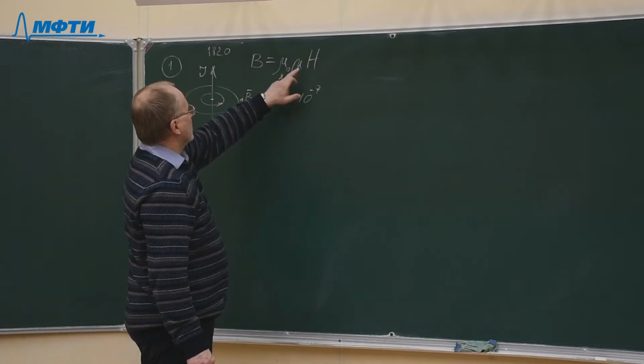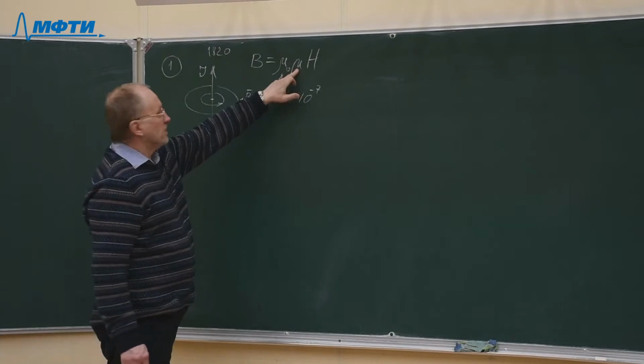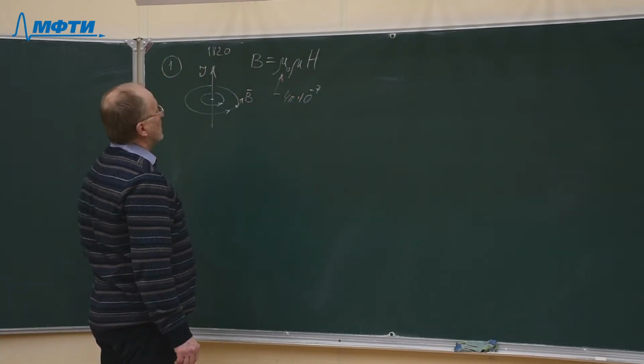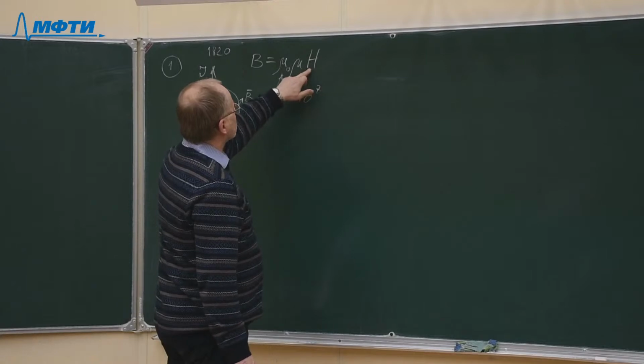And mu is the magnetic permeability of the medium which fills this space, and h is the magnetic field strength,